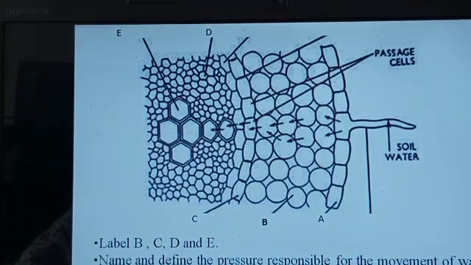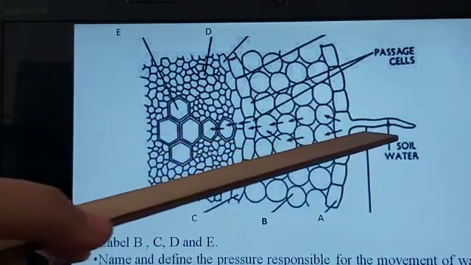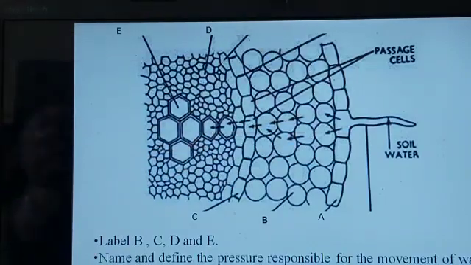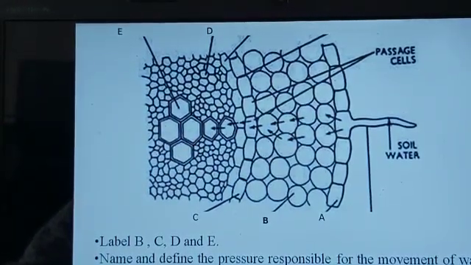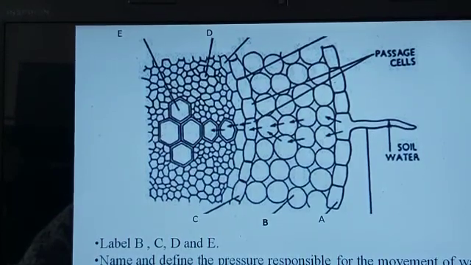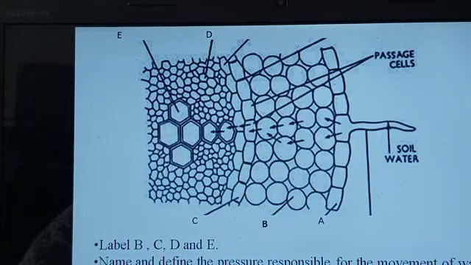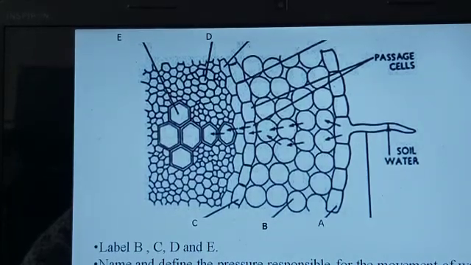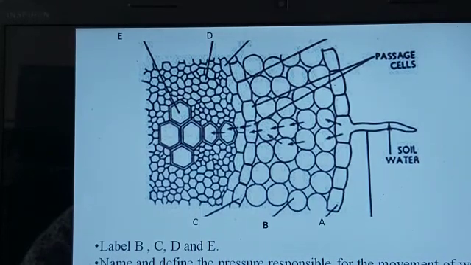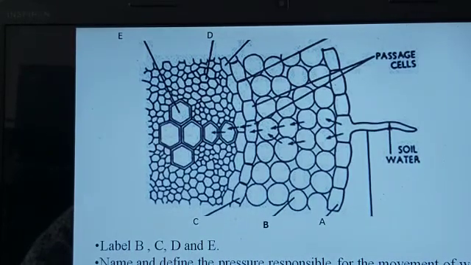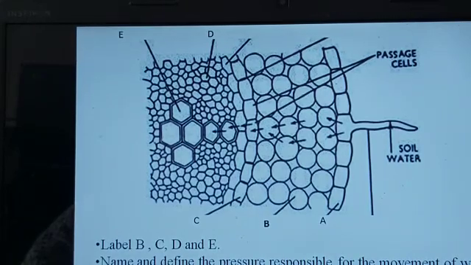There is one very popular reasoning question which is asked: what will happen if this particular part of the root hair is immersed in hypertonic solution or pesticide or fertilizer? Fertilizers, pesticides, etc., all make the soil water around the root hair hypertonic. So it is as good as keeping the root hair or the cell under hypertonic solution. So what will happen when you put the cell under hypertonic solution?